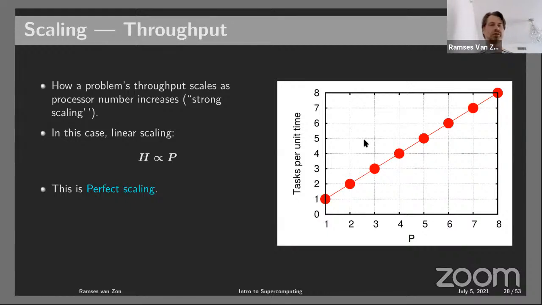Another way, people often plot these things to see how things scale as you increase the number of processors. When you talk to analysts at computing centers, they'll always talk about your scaling. Like, you want more resources? Well, how does your application scale? What I mean is, if you increase the number of processors, how much faster does it become, or how much more stuff can you get done? In this case, we have what's called linear scaling. The throughput is linear with the number of processors. This is linear scaling. It's also perfect scaling. You can't really do much better.